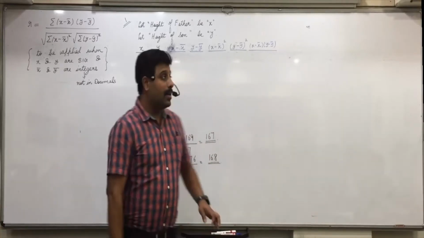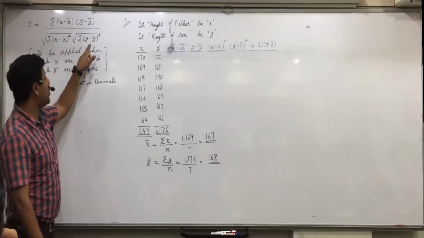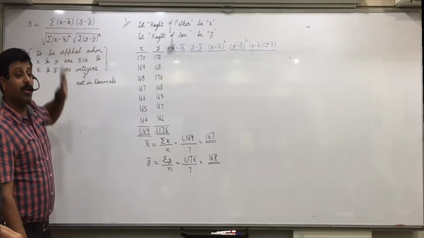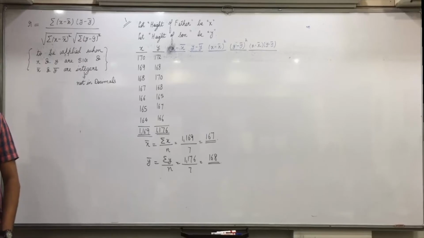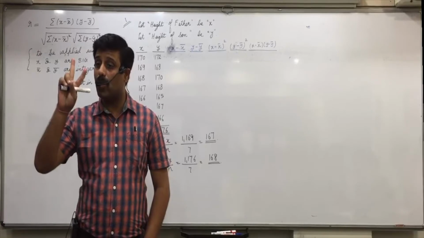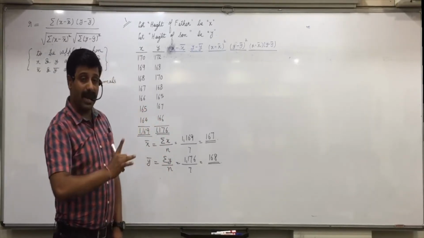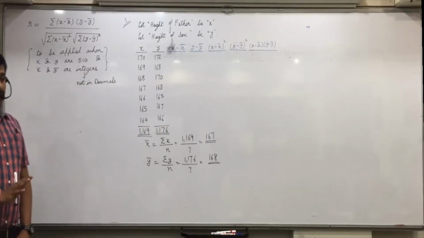See here. Is the square of x minus x bar required in the formula or not? Yes. Is the square of y minus y bar required in the formula or not? Yes. And the product of x minus x bar into y minus y bar. Any confusion in this? Raise your hand who is not clear with the workings. So 2 extra things we have to do first. Yesterday we directly did x square, y square, xy. Here first we have to do 2 extra things: x minus x bar, y minus y bar. After that, squares and product. Raise your hand who is having any confusion.